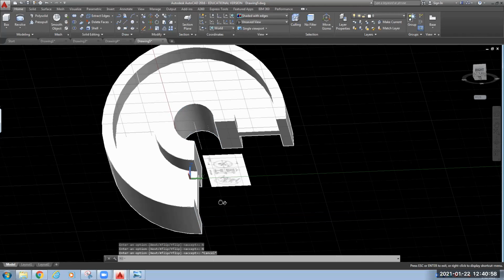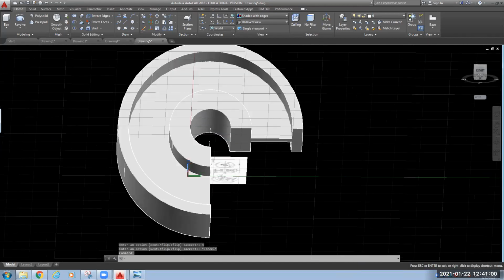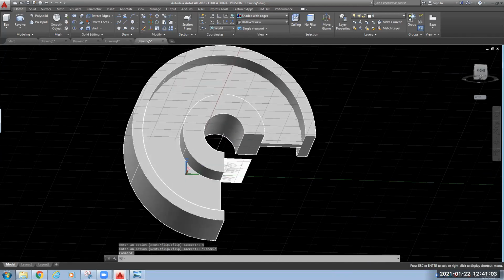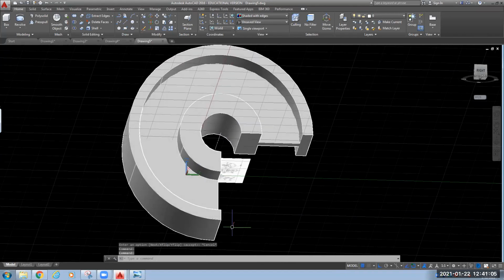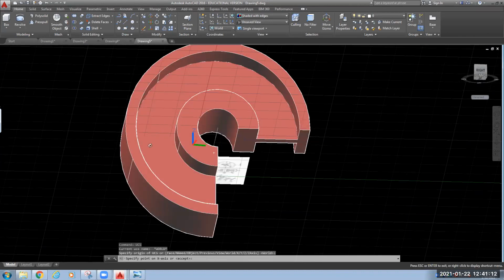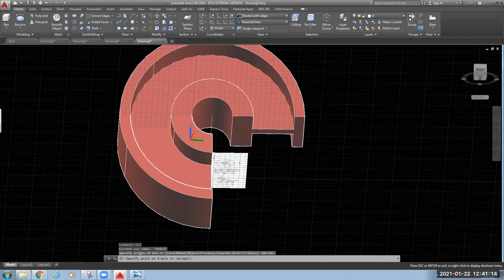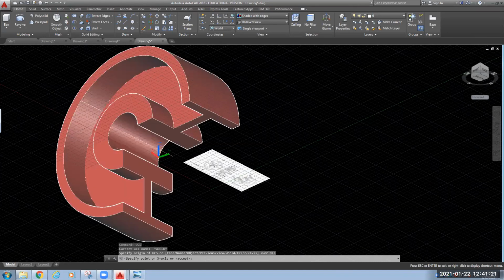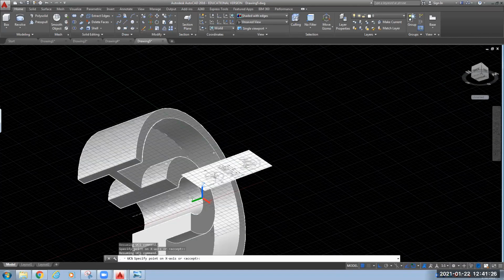It's not moving in the right direction. Okay, they have picked the bottom surface, no issues. Now we need to define your x-axis. I will keep the x-axis in this direction and your y-axis I will keep in this direction.